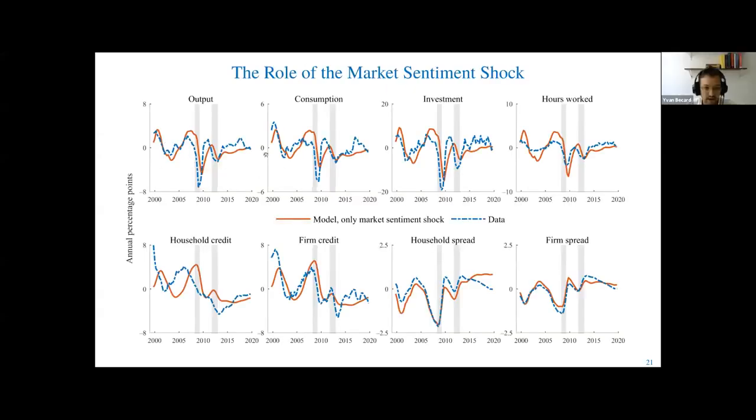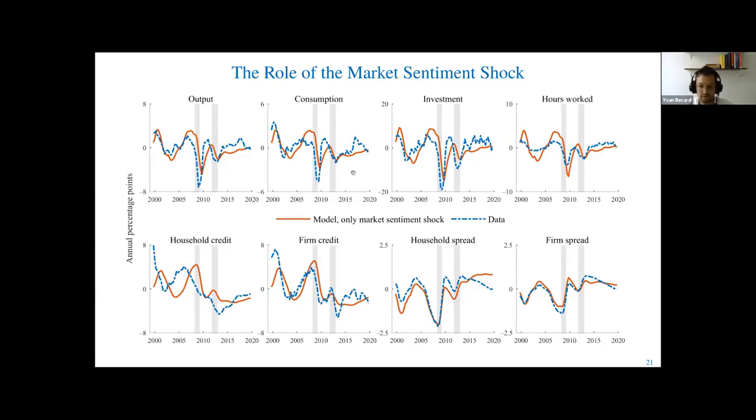So in blue we have the data, and in orange we have what's implied by the model where you shut down all the shocks except the market sentiment shock. There are 12 shocks in the model. Here we shut 11 of them down, and we keep the market sentiment shock. And we see that it's actually pretty close, and in particular for the two spreads, the model matches the spread very well. So the model hit by one disturbance is able to reproduce the dynamic behavior of these main